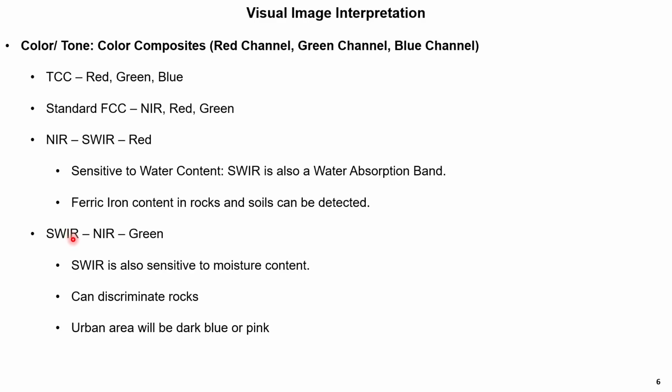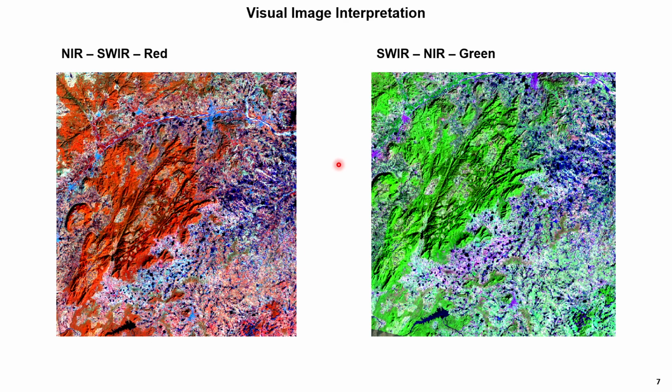And we have another combination, which is SWIR, NIR, and green. So again, SWIR and NIR are sensitive. We just interchanged and brought in the green band here. And this is sensitive to the moisture content, and it can discriminate the different rocks. And urban areas or any barren area will appear dark blue or pink in color. So, for example, here I have shown two different tones. Here, whatever is appearing orange to reddish in color has ferric content in the